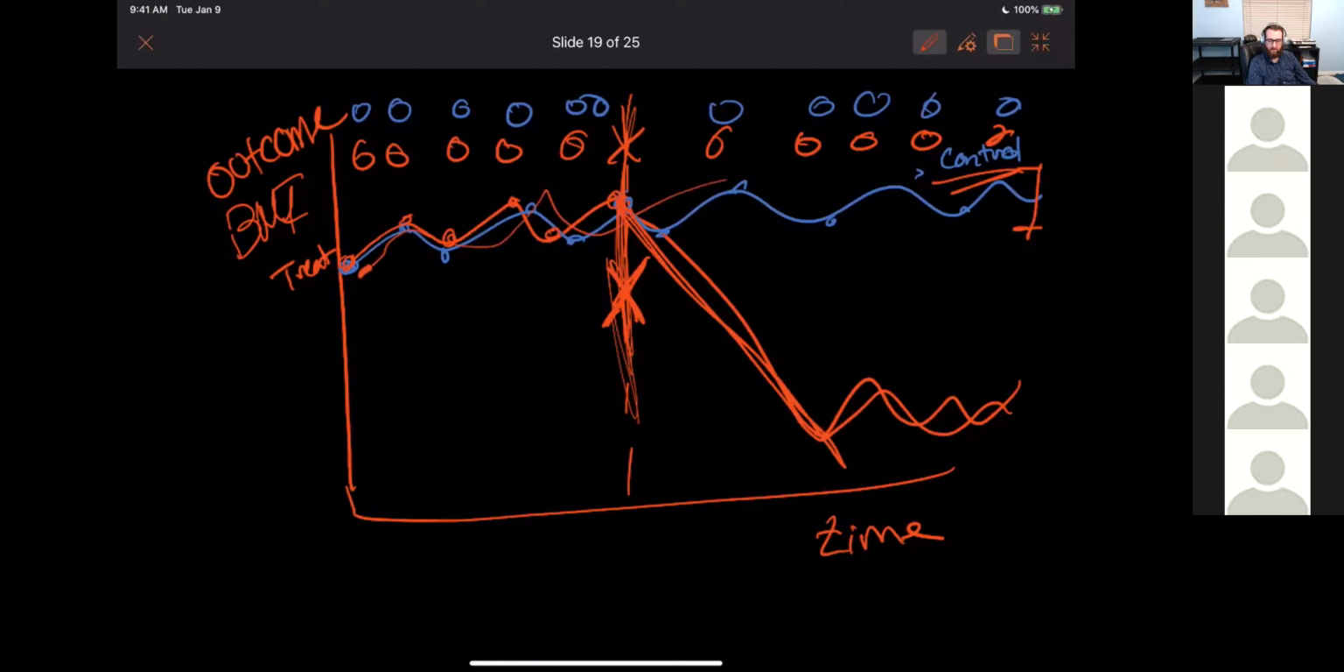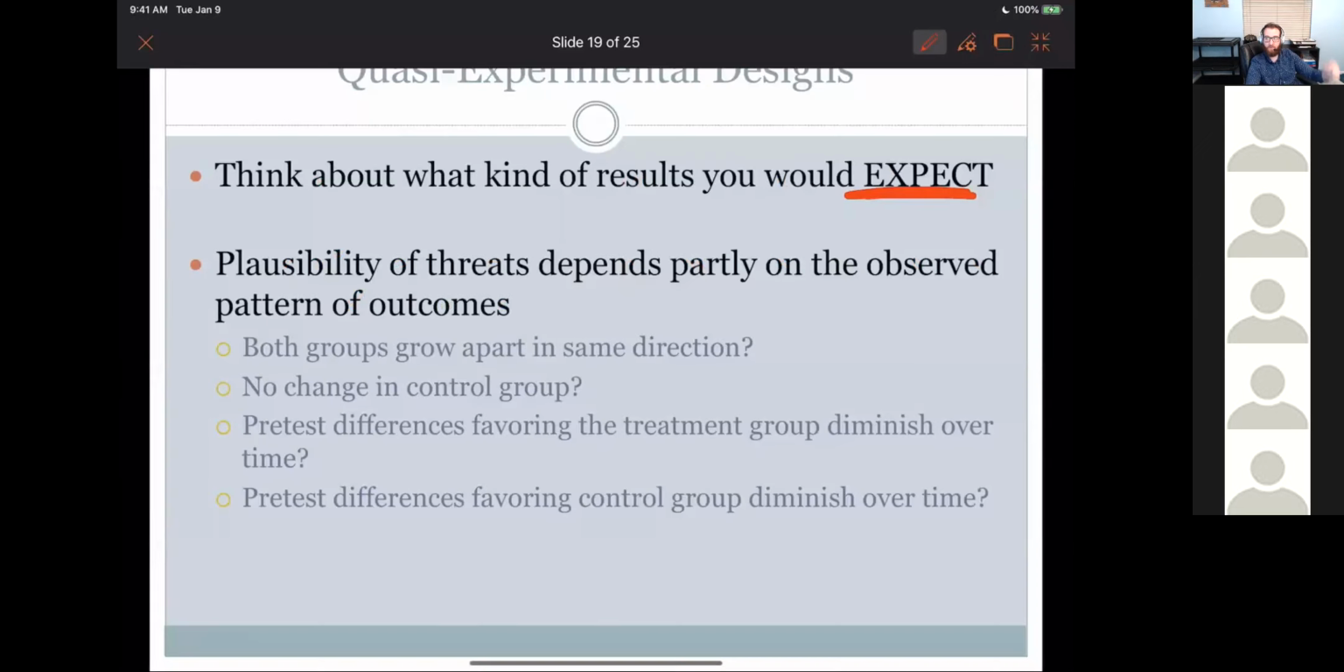control group, and think about those different threats to internal validity as well, and what they might do to this same pattern, because that'll help you figure out what you should expect to see. Should they grow apart in the same direction? Should the control group not change? Should the control group go up while the treatment group should go down? If I do multiple pre-tests, should I see a rising trend or a decreasing trend or an even trend over time? Should we see a drop, and should the drop start to come back up again the